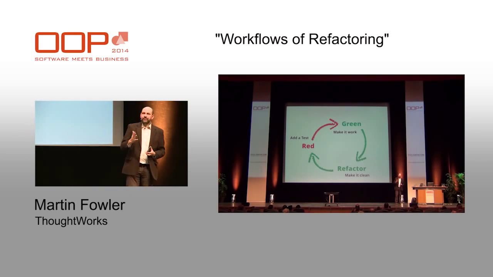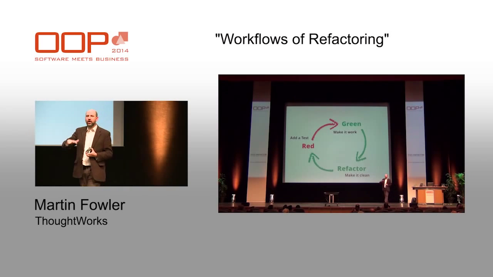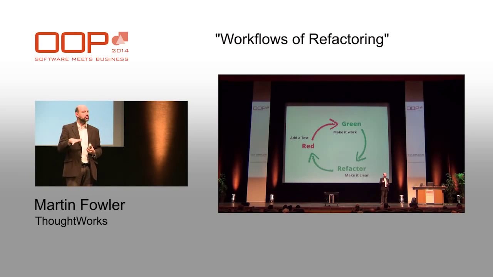And you might wonder, or many people might wonder, why do we separate out the 2 steps of writing the code, which is making it work and making it clean? Why do we think of those as 2 steps rather than 1? And this is particularly because, of course, beginners often tend to leave out the second step. They don't tend to put enough attention into the refactoring. But even if you're good, why separate this out? Why do it in 2 bits?